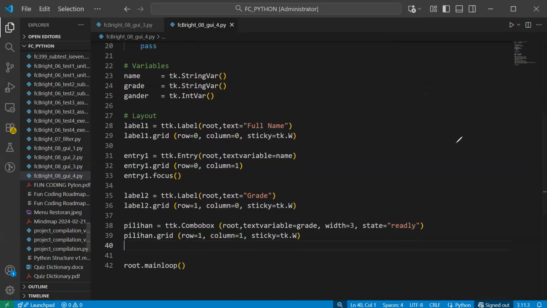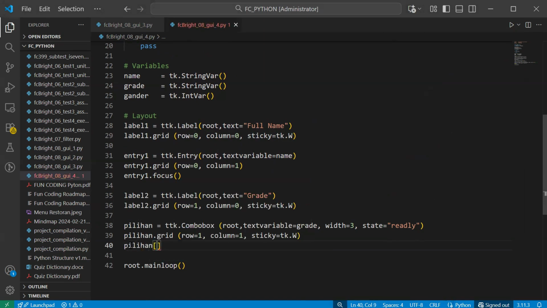When you click, the values will be displayed to you as options down there.